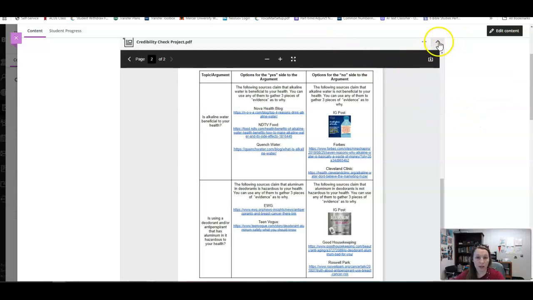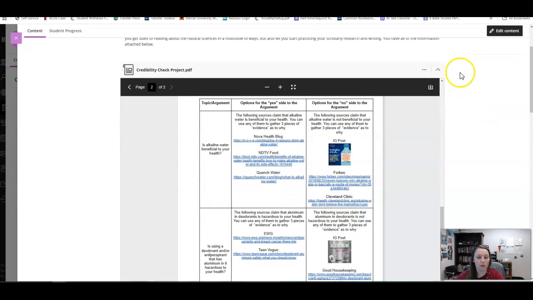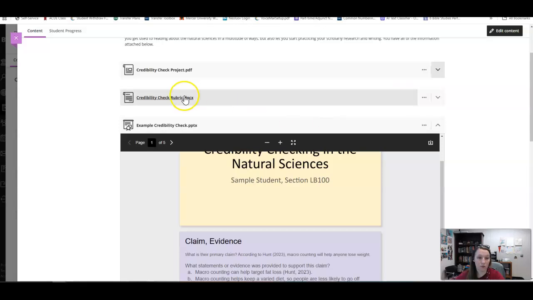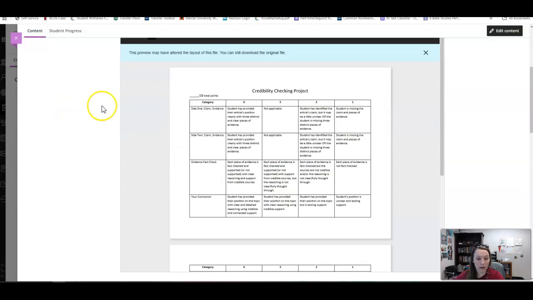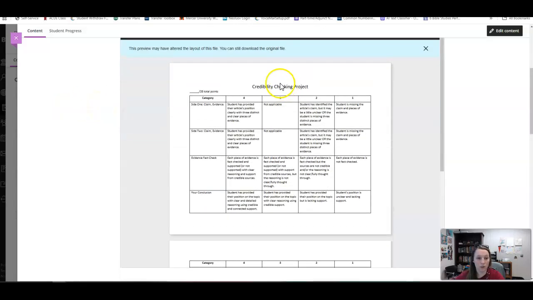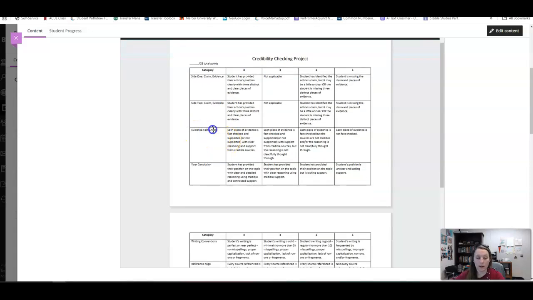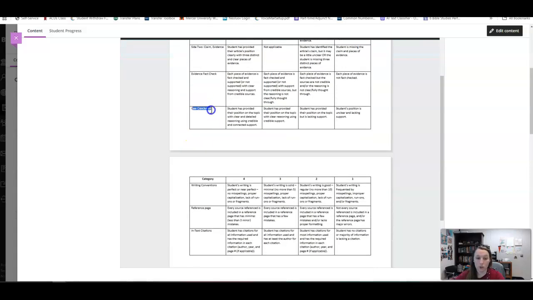But you're going to fact check it and then tell me what you think based off the evidence as you investigate your source. This rubric I think is really helpful because it tells you exactly how I'm going to grade it. So you can see I'm looking for your first side, yes, no, your opposite side, how did you fact check it, what was your conclusion, did you have reasoning for it,